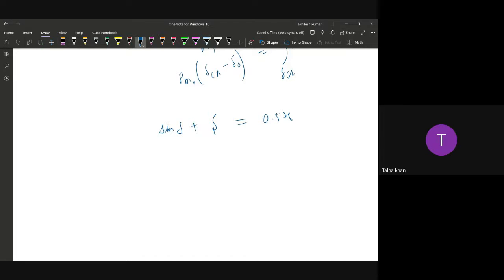It's a trigonometric, non-linear algebraic equation. So how to solve this type of equation? I remember I did this before, but I just forgot how to solve it. Yes, in maths we took how to solve this. Actually, these equations we can solve by Newton-Raphson, by numerical methods. We cannot solve by any simple methods by calculus or something like that. We have to solve this by numerical methods, Newton-Raphson.